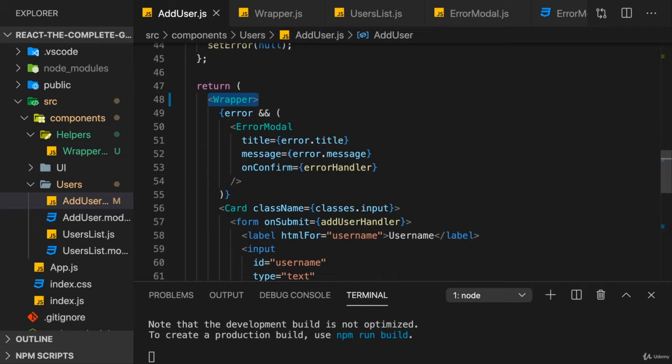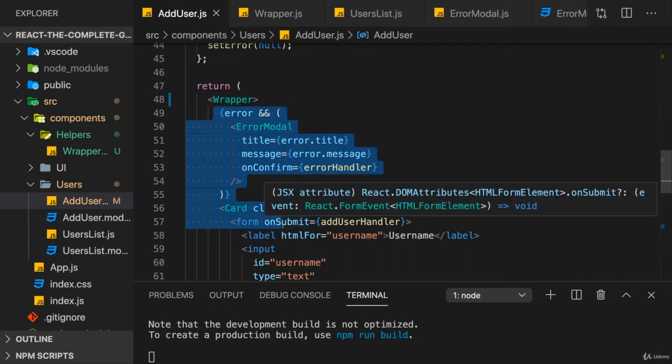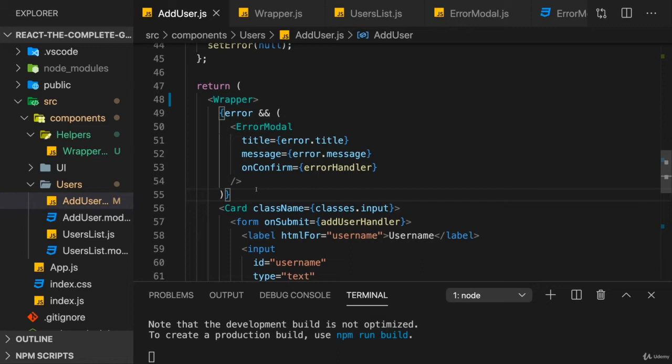Sure, it's an element which won't render anything to the DOM, but the requirement is not that there must be one root component being rendered to the DOM. The requirement just is that there must be one root element that you return or that you store in a constant or variable. And that's what we're doing here. We have one root element, the wrapper, and what we pass into that wrapper may be adjacent. That is okay, as I explained.